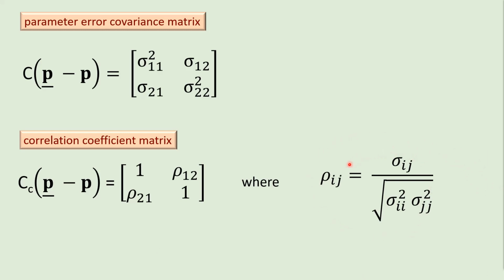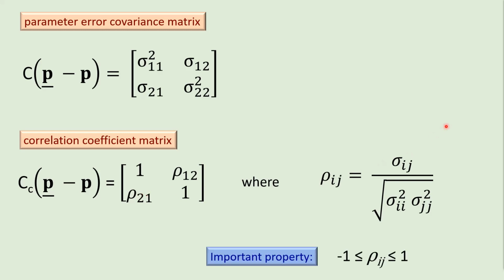Basically, what it means is this. The diagonal elements of the correlation coefficient matrix will always be 1. The off-diagonal elements of the correlation coefficient matrix can range between 1 and -1. To the extent that any off-diagonal element approaches 1 or -1, the corresponding parameters are becoming excessively correlated in